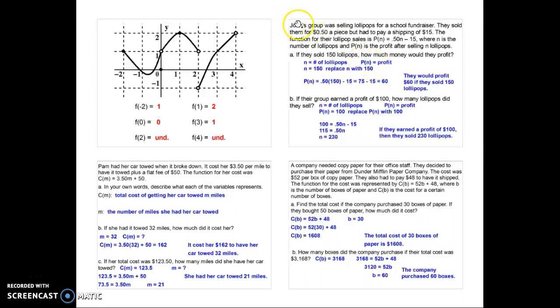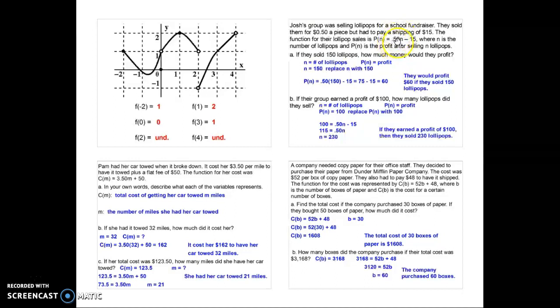So the first one says that Josh's group was selling lollipops for a school fundraiser. Okay, so they sold them for 50 cents a piece, but they had to pay a shipping of $15. Okay, so they're 50 cents a piece, but they also had to pay $15 for shipping. The function for their lollipop sales is P of N, okay, equals 50 cents times N, because that's what that